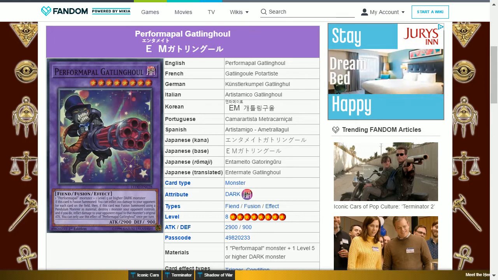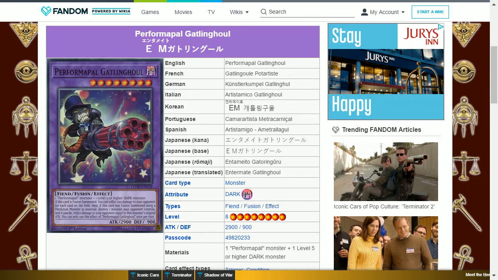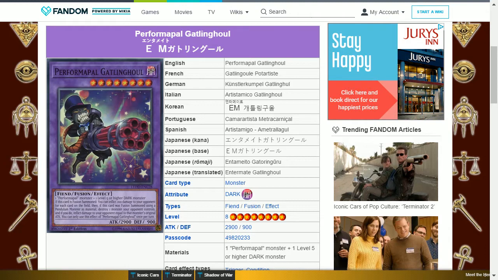This is a Dark Fiend Fusion level 8 with 2900 attack and 900 defense, and it requires a Performer Power monster and one level 5 or higher Dark monster. Its effect is, if this card is fusion summoned, you can inflict 200 damage to your opponent for each card